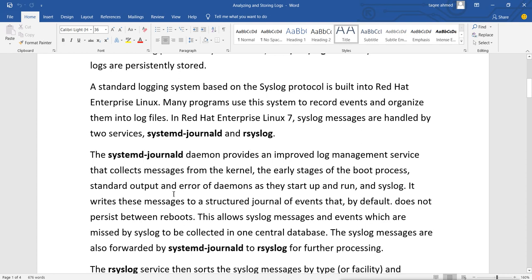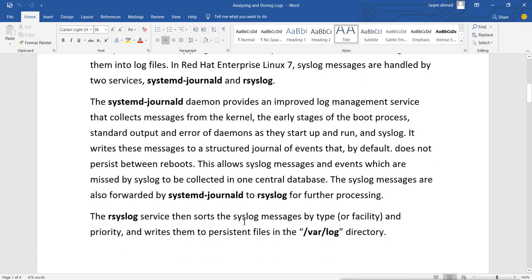Whatever messages are generated, systemd-journald is the service which collects them, and they are stored in a structured way. We can see these events by using the journalctl command, but it is not persistent. That means whenever the system reboots, these logs will be purged, these logs will be removed.